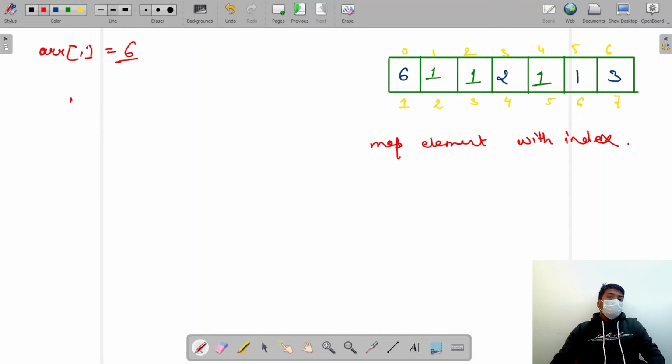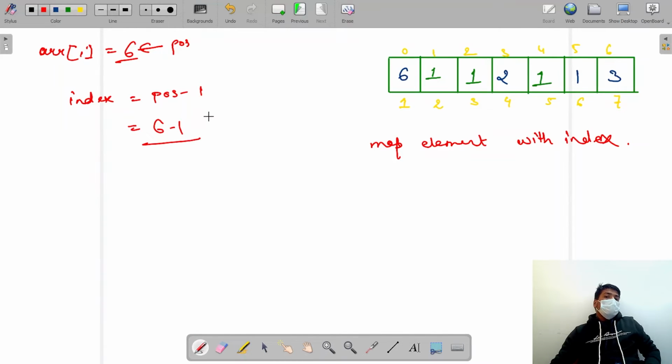That is my index, if this is the position, right? The position of number 6 is 6. It is a 6 position, right? And the index is 5, right? So index is equal to position minus 1, right? This is position, so 6 minus 1 is the index. That is at 5 index, go to the 5 index, and any element that is sitting at the 5 index,